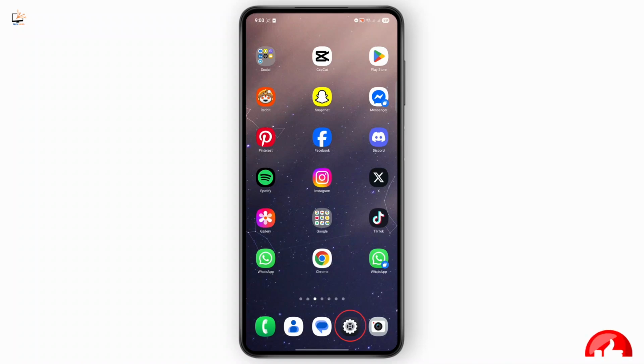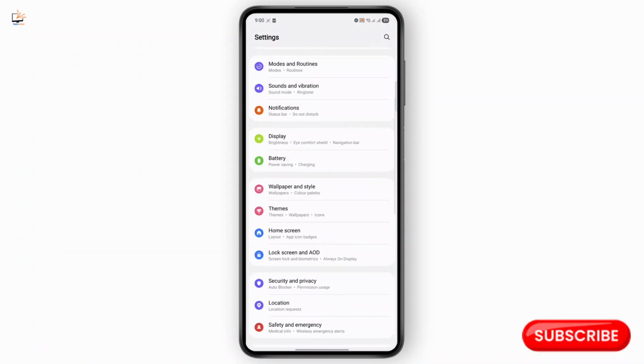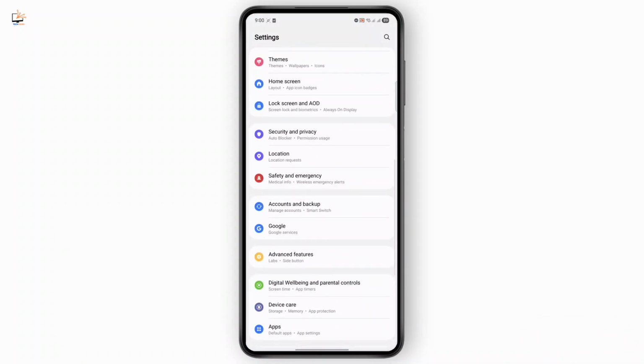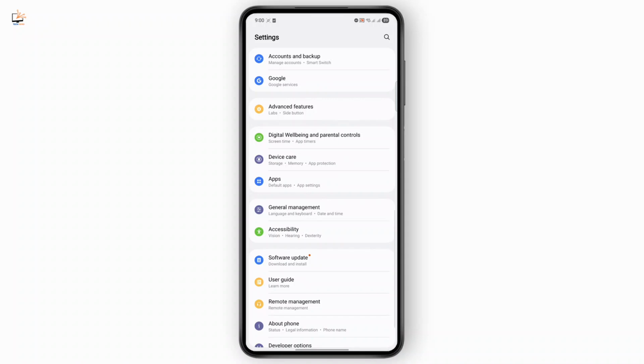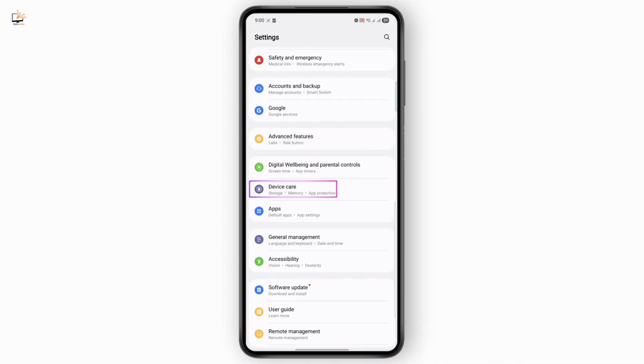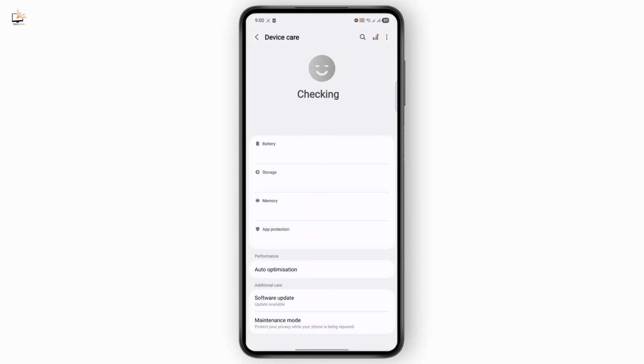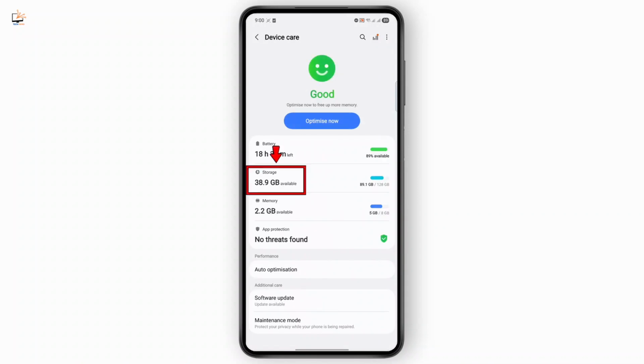First things first, open up the Settings menu on your device. Once Settings is open, you need to find your storage. For that, scroll down until you find Digital Wellbeing, and right below that you have Device care. Here, go over to your storage,